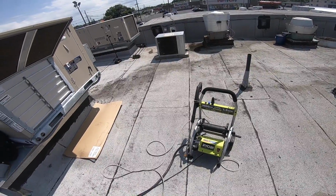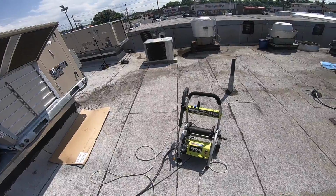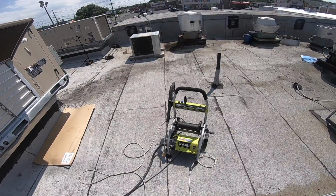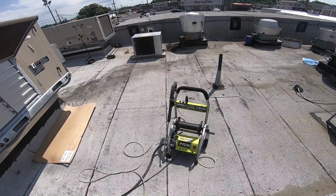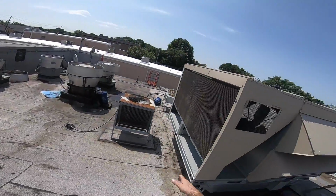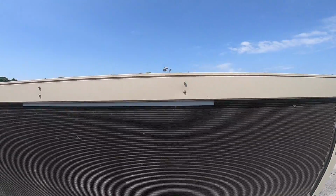This right here is the Ryobi item number RY141900. Manufacturer number is 090079281. I'm going to be using this power washer to clean up this filthy air conditioning coil,